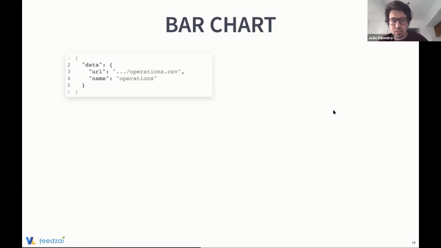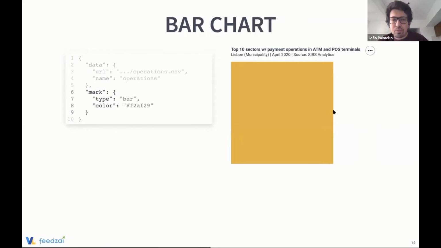So a blank screen. Then let's start to define our mark. And basically, in this case, since we want a bar chart, we want a mark of this type, bar, and we give it a color that we can choose easily. But that's all the things that we put here, and basically we managed to create this squared blob that does not convey anything.